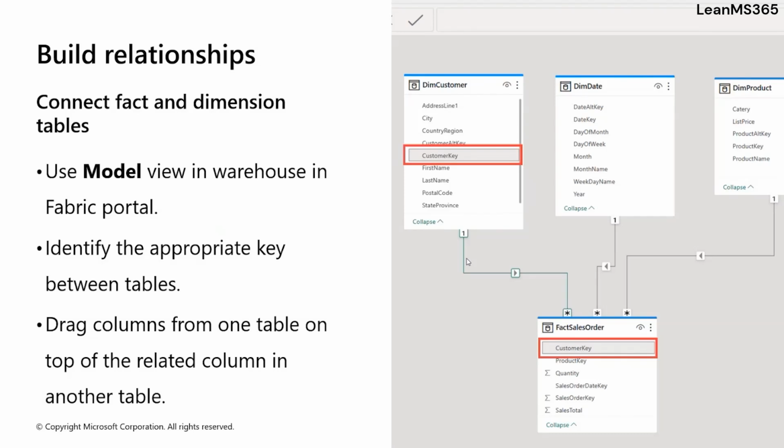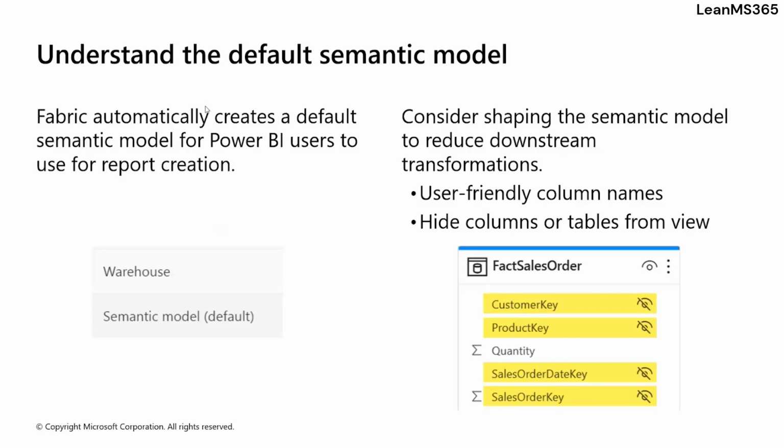Okay, so you can drag the column from one table on the top of the related column in another table. Now, every time a data warehouse is created, Fabric creates a set for analysts and/or business users to connect to for reporting. So, datasets are basically semantic models with metrics that are used to create reports. If we put it simply,